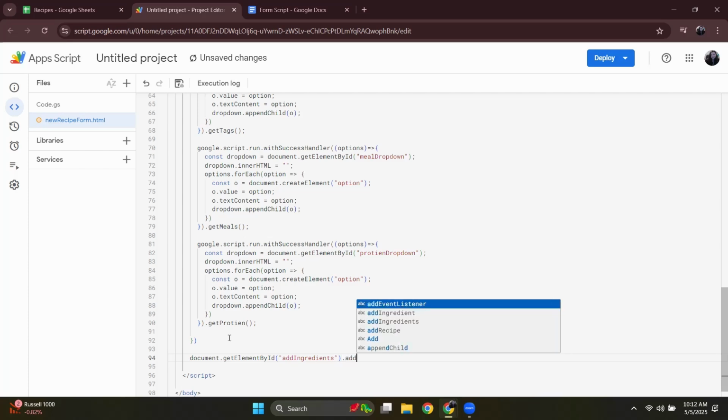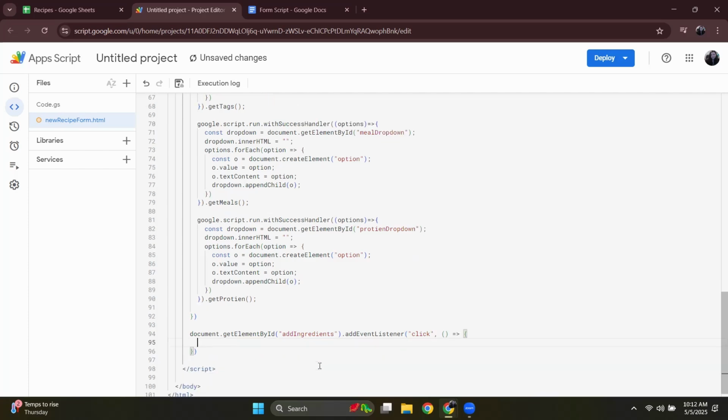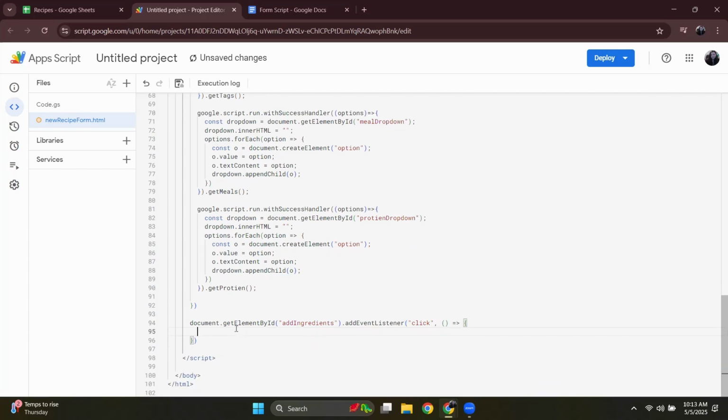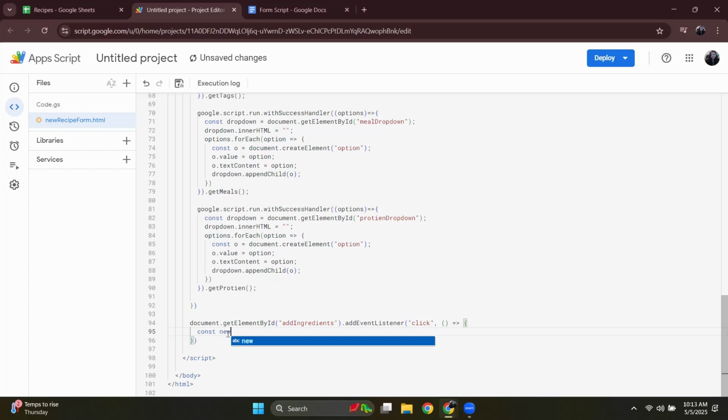Now add an event listener to it. After the parentheses, dot addEventListener, parentheses, quote, click, comma, parentheses, arrow, curly braces. Let's press enter and start building what happens when the button is clicked. First, we're going to create a container that will hold a single row of inputs. So let's type out const newInputContainer